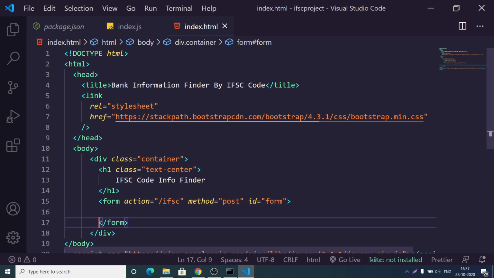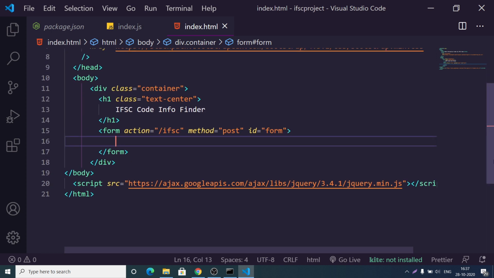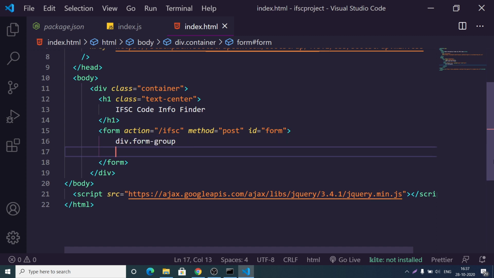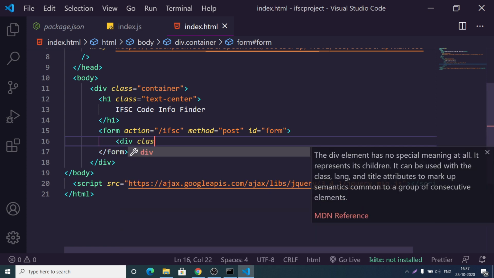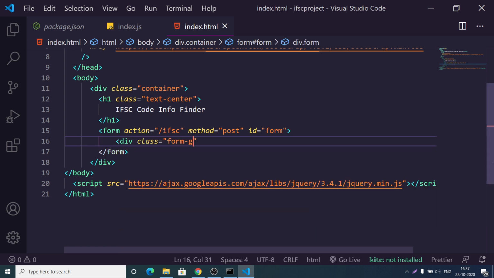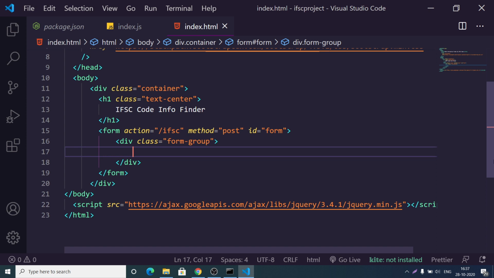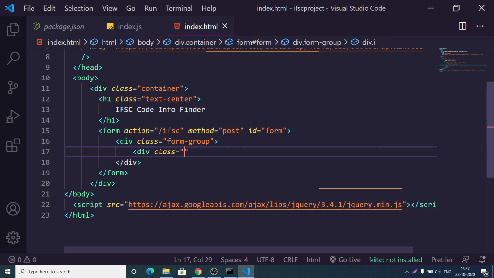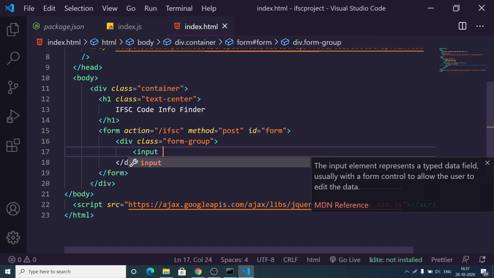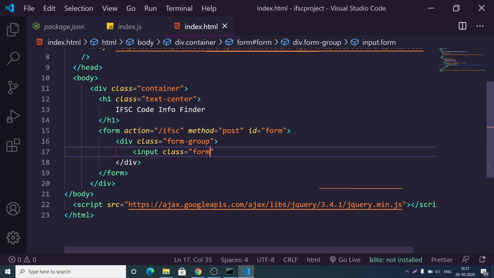Inside this we will have a simple input field where you will input your IFSC code. For this we will use the form-group class of Bootstrap, and inside this we will have an input with the class form-control. These are Bootstrap classes.